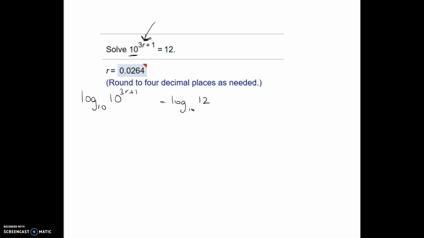Because as you know from the rules on the left-hand side, then this becomes just 3r plus 1. And I don't need to write that little 10 anymore. Now, being very careful, because this is where some of you will go wrong, you want to take 1 away from log 12, like that. So put log 12 into brackets, then r is equal to dividing both sides by 3,